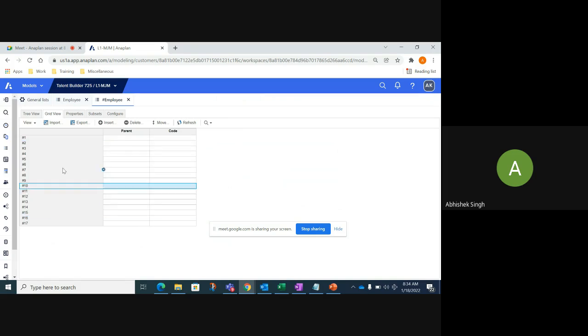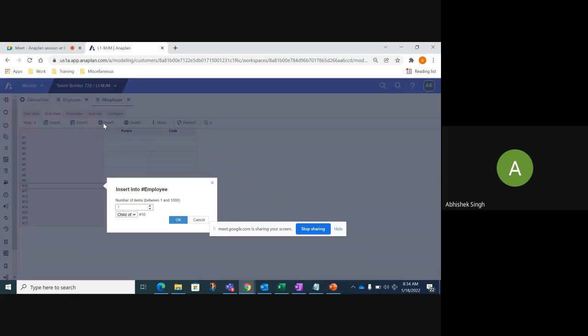Now, one of the differences is, if you try to insert a member into a numbered list, you see an option: number of items which you want to insert. So maybe if I mention I want to insert maybe